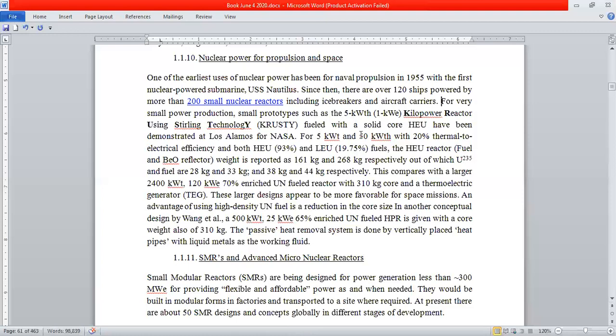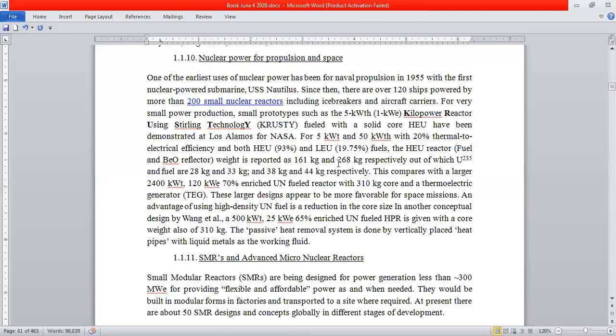It's fueled with a solid core, highly enriched uranium, which has been demonstrated. Now, they've also looked at more than 5 kilowatt thermal. They look at 50 kilowatt thermal with 20% thermal to electrical efficiency, with 93% highly enriched uranium, and also with low enriched uranium, less than 20%. The highly enriched uranium reactor has fuel plus a reflector such as beryllium oxide, and they report weights as low